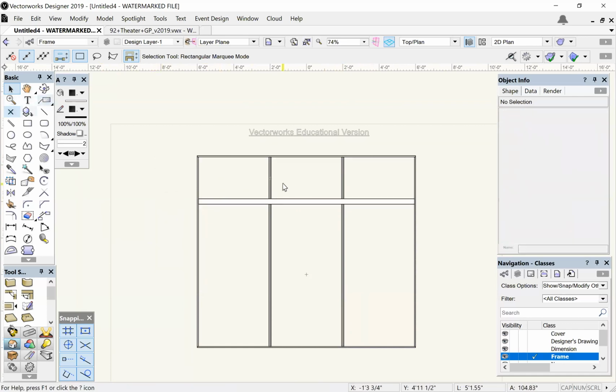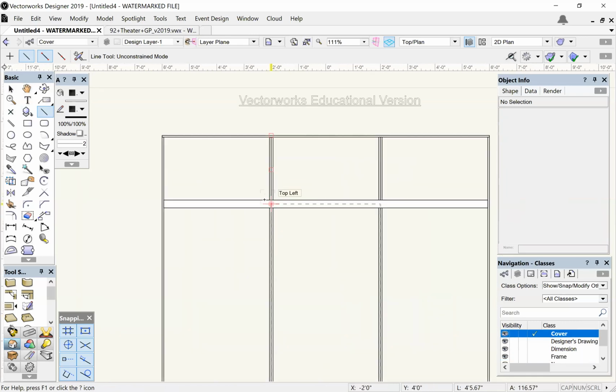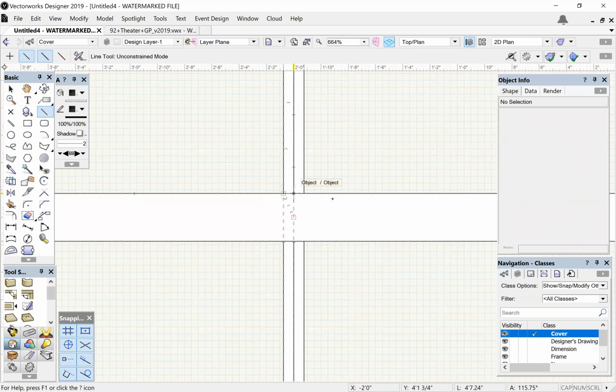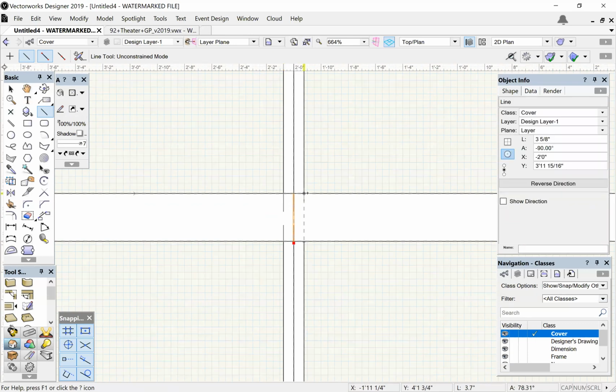Now, another way we can do that, aside from or in addition to a note, is to just do a hidden line. So let's do that. If I get my line tool, and if I'm lazy, I can just double click the cover class and use that dash. It's probably a little too big, but that's how I'm going to do it this time. So remember, a hidden line indicates that something is behind the object that we're actually seeing in front in the drawing. So if I click here and just insert some dashed lines connecting